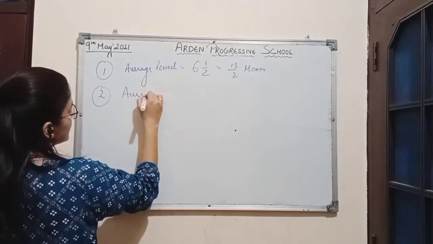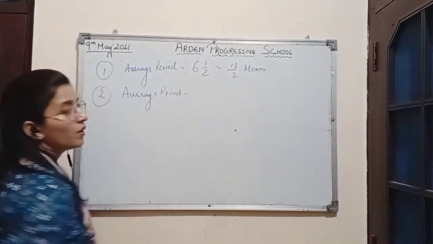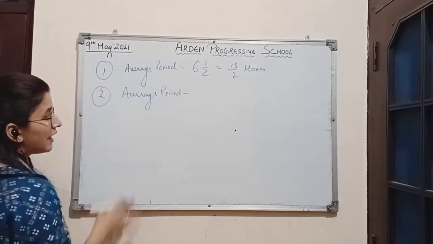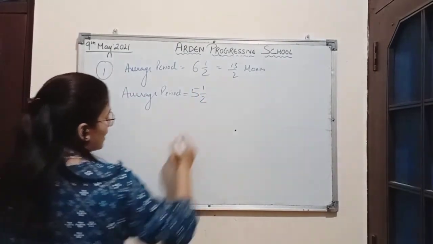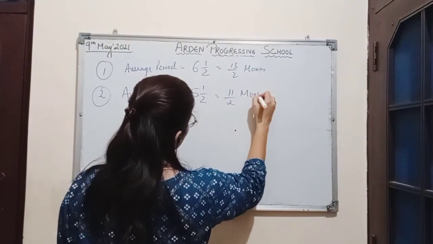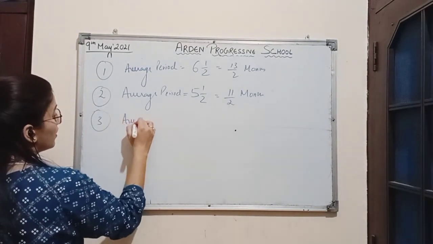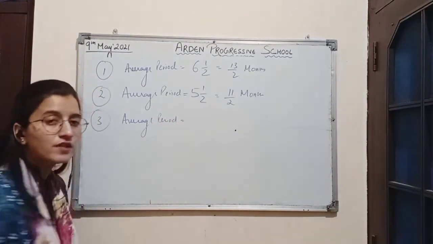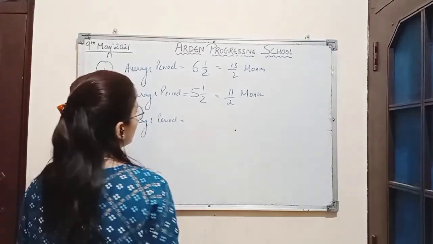Average period in the second case was when the equal amount of drawings were withdrawn by the partner at the end of every month. So average period was calculated for 11 by 2 months. And in the third case, where equal amount of drawings were withdrawn by the partner in the middle of every month,